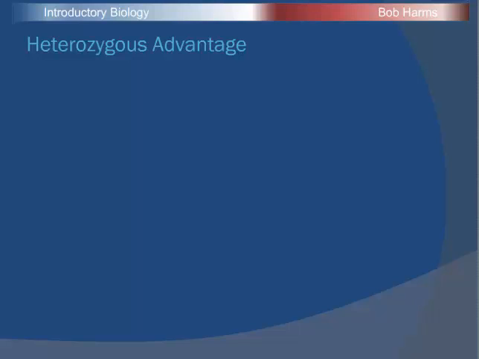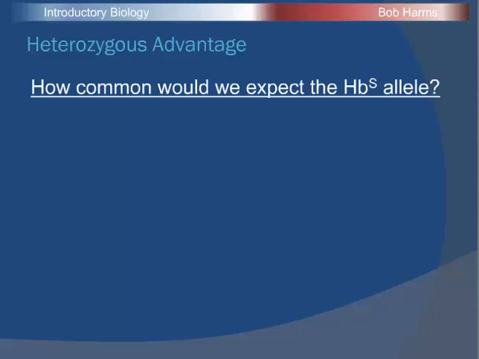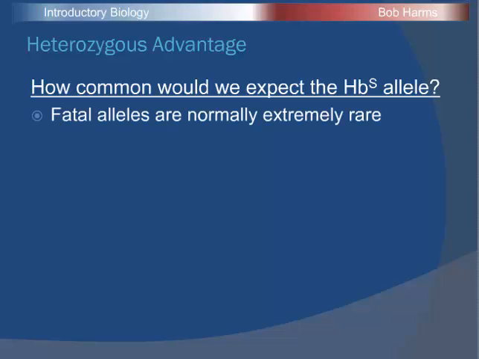And so because these two diseases are affected differently, we're going to see what's called heterozygous advantage. Now normally, if we have an allele that's fatal, like this hemoglobin type S allele, if you get two copies, individuals historically, at least in human populations, did not survive. And these fatal alleles typically are extremely rare in populations because, again, people that carry them have a good chance of passing it to their offspring, and their offspring don't survive, and so we don't see them lasting too long